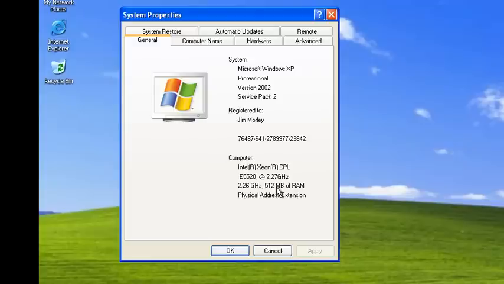So I'm using half the RAM for XP. It is an older operating system, and it doesn't need as much power as Windows 7. Plus, I'm only using this for demonstration, so there's really no need for me to beef it up too much. One of the things you will notice right here is it says the operating system and what